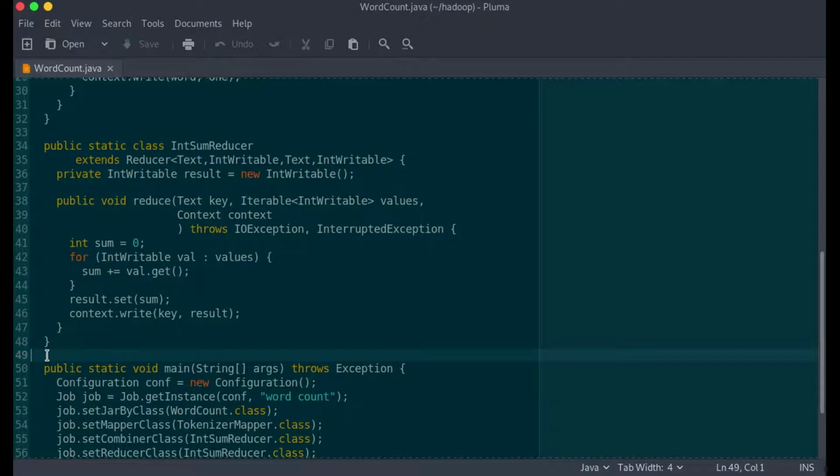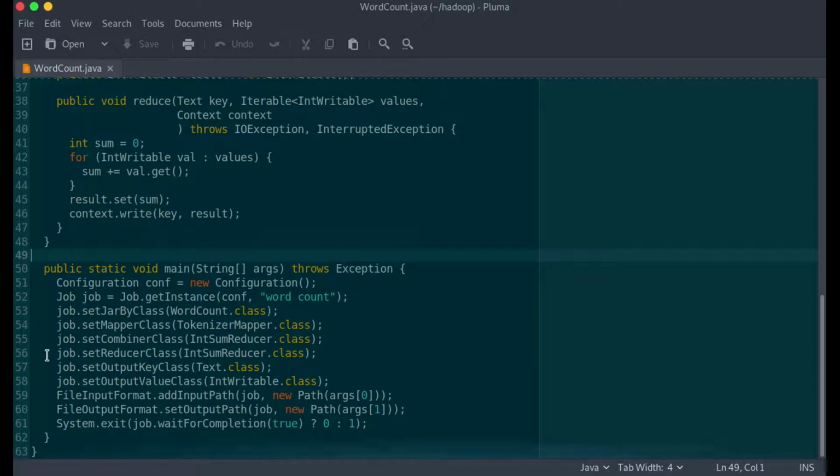And this is the reducer class. And finally you have the main function. Now since this is a simple program, we won't be having more mappers and reducers, but in case you have a huge batch job where you involve a lot of mappers and reducers, you can configure each job with its specific class names in the configuration section that's here.